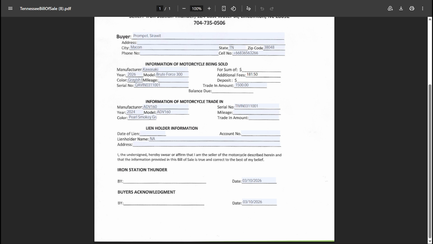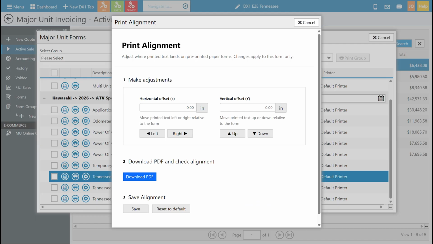It's not rocket science. It's just a matter of a little bit of move it and check it, move it and check it. So in this case, we did the move and check. We got all our alignment where we want it. Now all we need to do is quickly hit the save button. When I do that, we'll see a toast notification letting us know that our settings have been successfully saved.